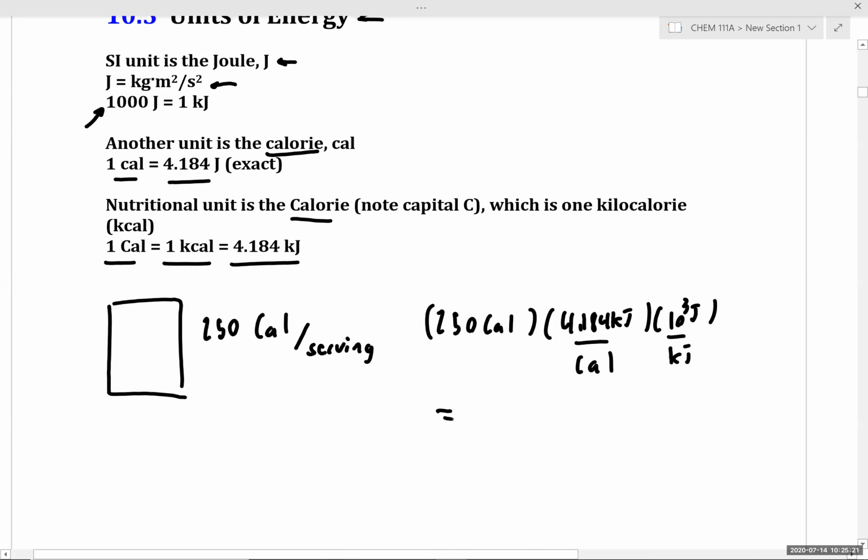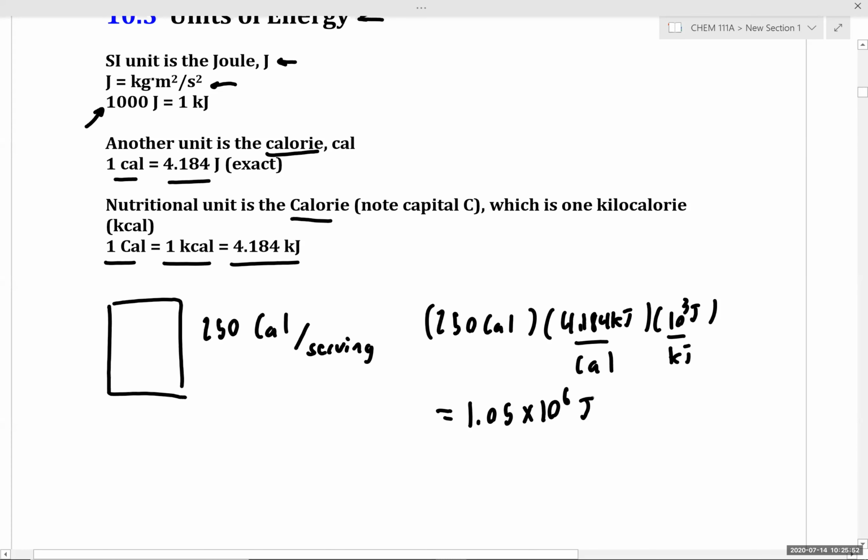This is just to give you an estimate of how many joules a serving of chips would have in terms of energy. 250 times 4.184 times 1,000, okay? So 250 Calories times 4.184 times 10 to the third gives us 1.05 times 10 to the sixth joules